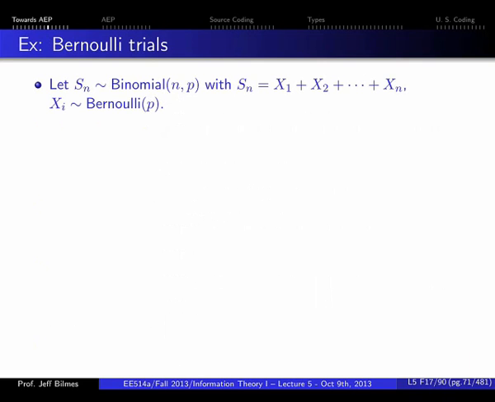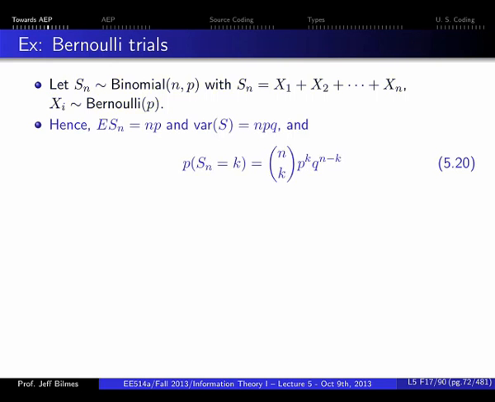Okay, so here's Bernoulli trials, and we construct a binomial, which is the sum of n Bernoulli variables. So it's binomial(n, p). S sub n is the binomial random variable. The expected value of S_n is n times p, the average number of heads. The variance is npq, where q is equal to 1 minus p. This is something that you've all seen before.